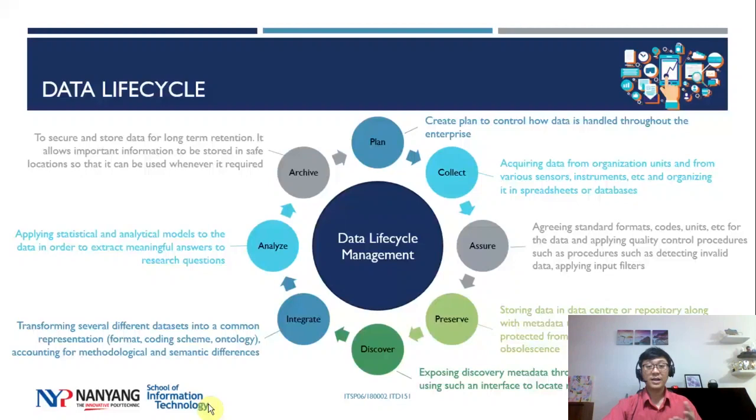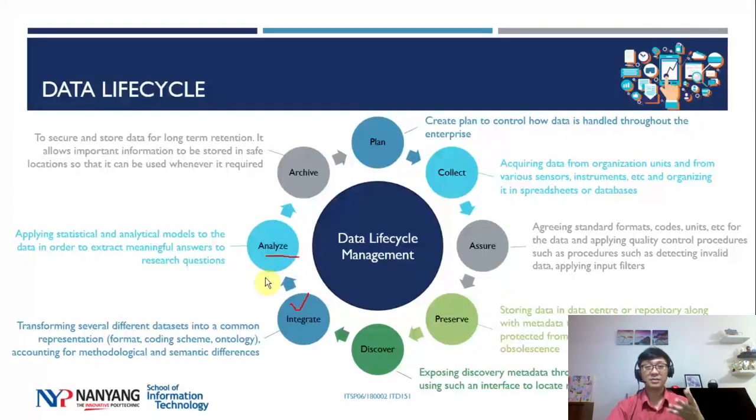So data, you don't just collect it from one table. You could be collecting from a number of tables or databases, right? Or you might be collecting from various equipment also, right? So before you can do a proper analysis, right? So that's where we're going to talk about analysis, right? So when you want to do analysis, you really need a lot of data, right? And you need to extract meaningful data. So that's very important for integration to do a proper job in integrating this data together,